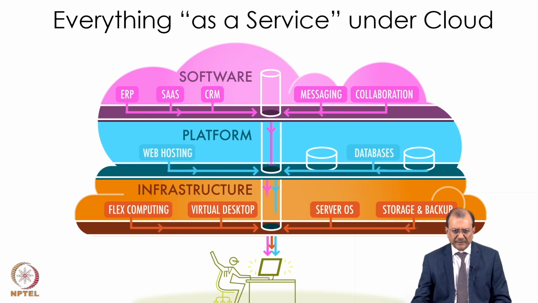One is the infrastructure services. What is the infrastructure? Your servers, your storage, and virtual desktops, meaning you are not owning any desktop but are using a desktop on a cloud. That is called infrastructure. So the company doesn't want to invest in servers, hardware or storage, and also doesn't want to invest in backups, because cloud service providers provide a very robust backup mechanism. They ensure that if there is a problem with your data on the current cloud, it can be retrieved very easily from the backup systems.